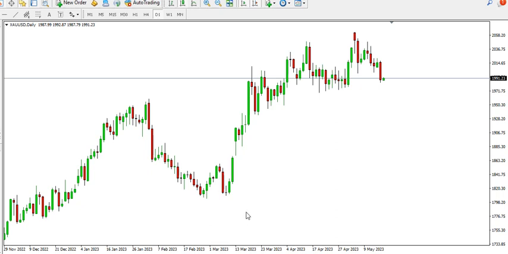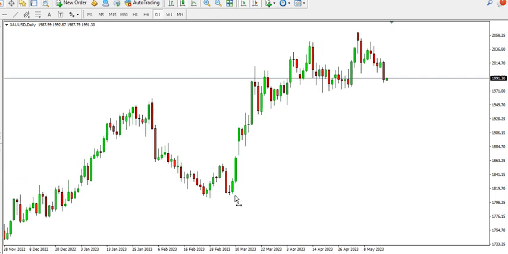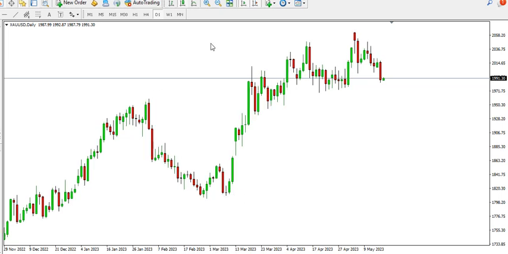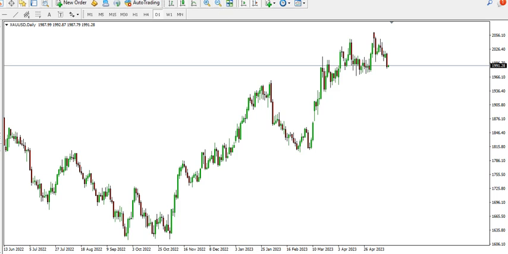Today we'll be looking at how we can scalp gold, GBPUSD and EURUSD on the lower time frames. But before we go to the lower time frames, we need to take a look at what has happened on the higher time frame. I'm on XAUUSD, that's gold, on the daily time frame. The daily time frame is still bullish,